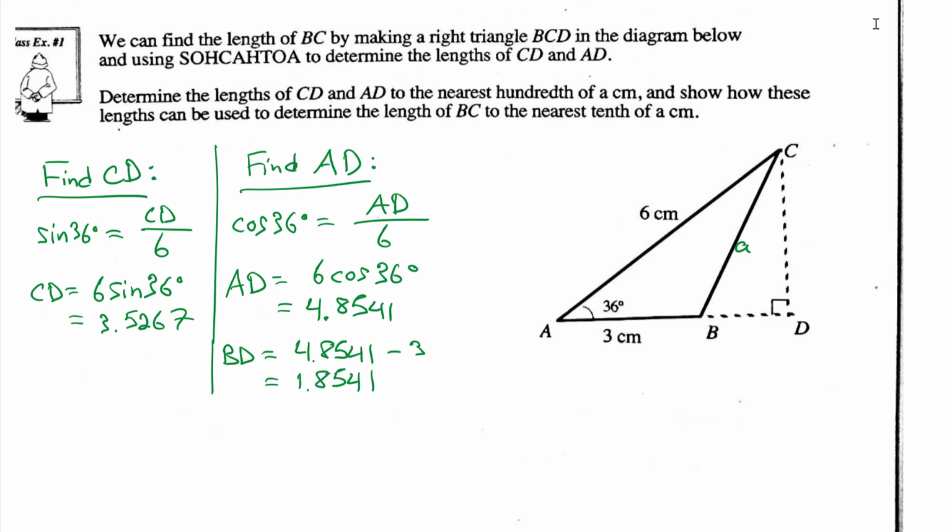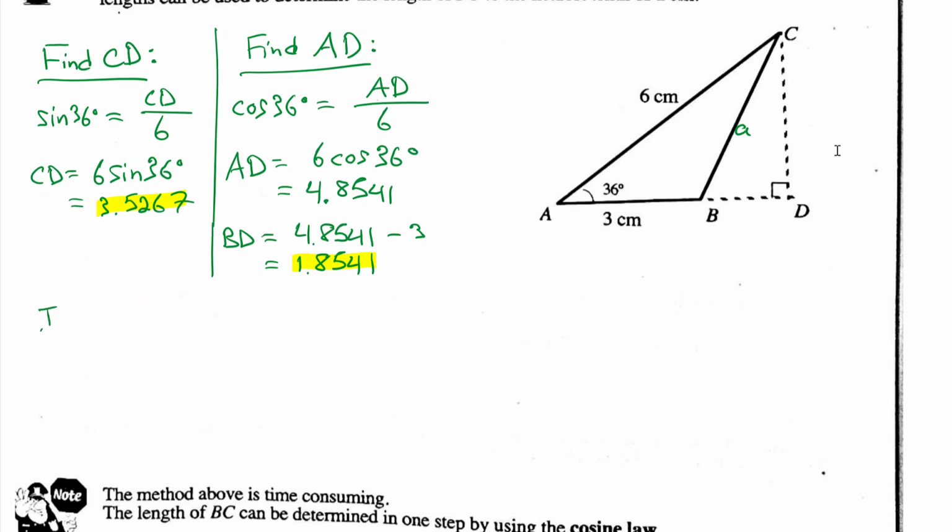So these are the two numbers that I need now to plug into the Pythagorean theorem with triangle BCD to get the hypotenuse, which is little a. That's the thing that I've been after the whole time. So I can say in triangle BCD,